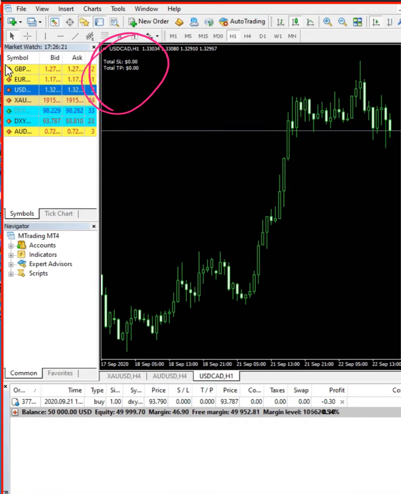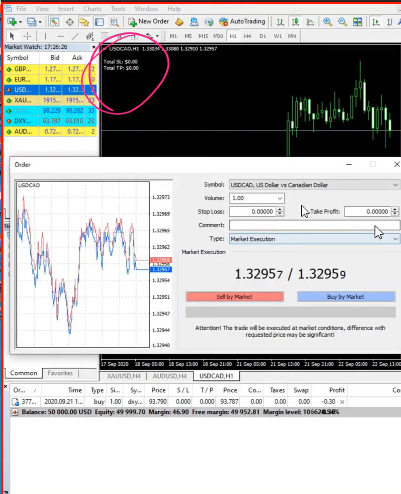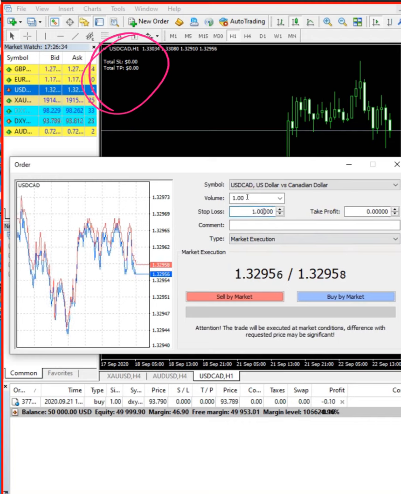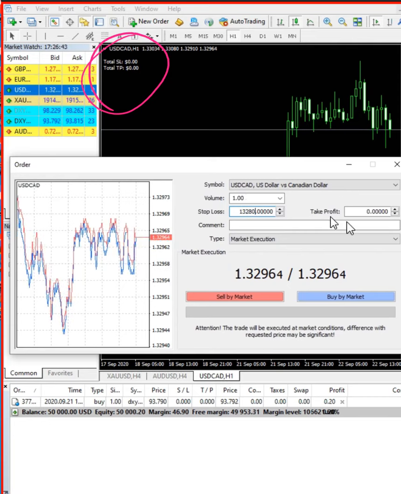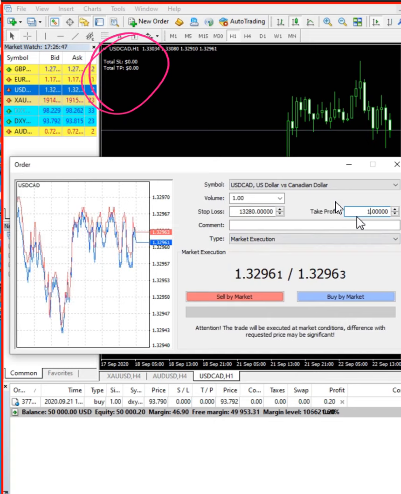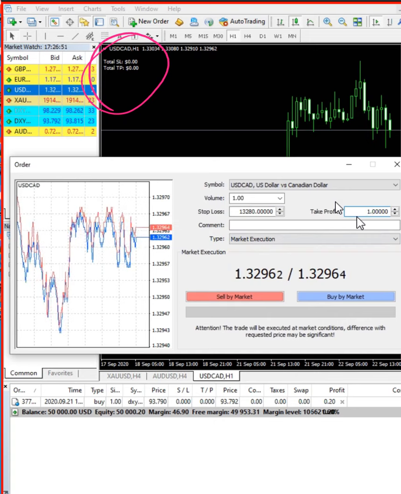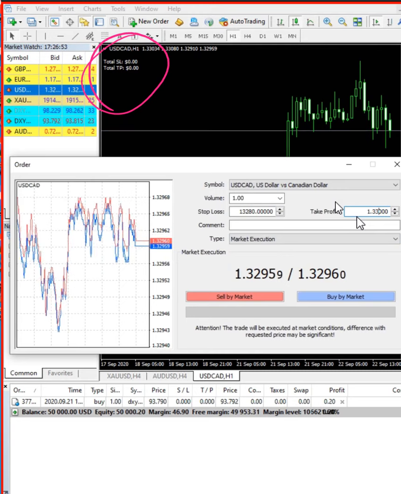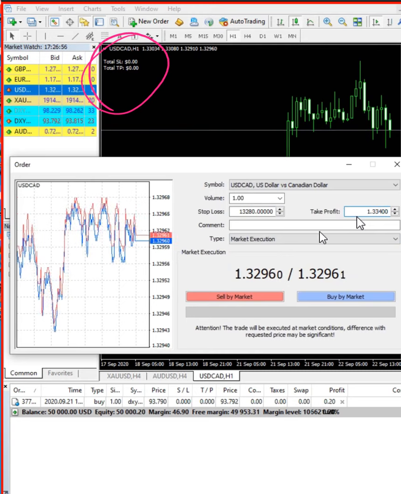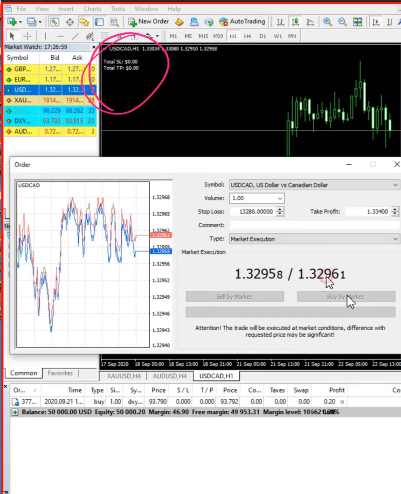So first we will trade USD CAD with a stop loss of 1 point. We are going to buy USD CAD, so we'll put stop loss at 1.3280 and we will put the TP at 1.3340 and we are going to buy it.